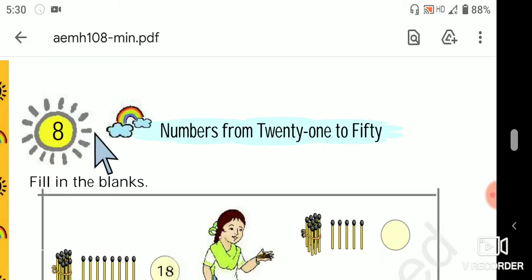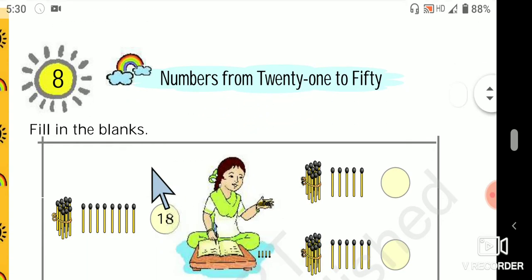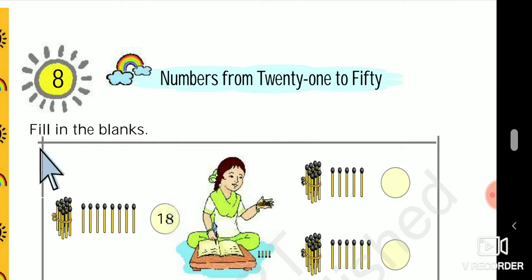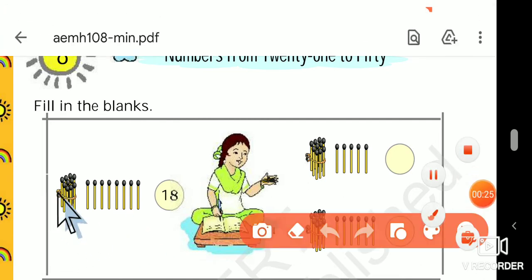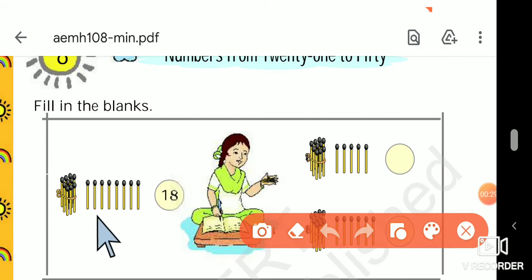Hello students, I am teaching class 1 Maths chapter 8, numbers from 21 to 50. Now we are going to study numbers 21 to 50. First, fill in the blanks. In this picture there are a few matchsticks. There is a bundle, it means 1 ten. There is a bundle, it means 1 ten. And